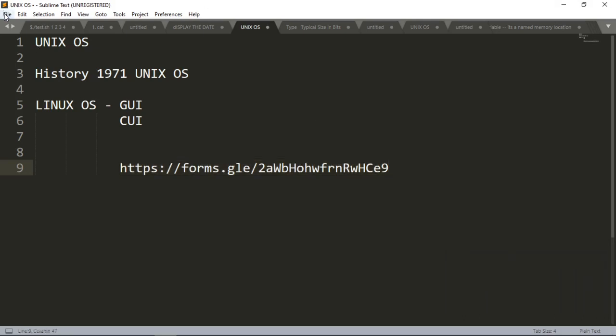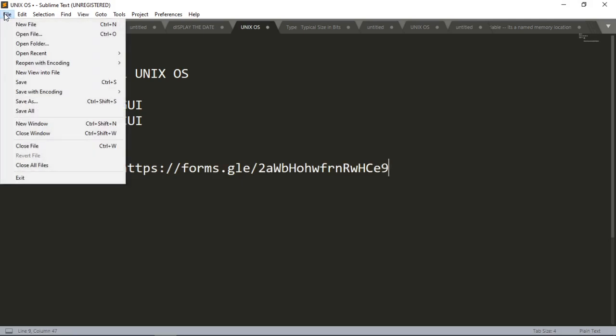Now this is Sublime Text. This is a software. Sublime Text is an application program, and it is basically a text editor like Notepad, but it is something different from Notepad because Sublime Text is a kind of intelligent text editor. Why? Because you get some features in this particular text editor by which you can write your Java program very quickly. So I will show you how to write that and how to execute that.